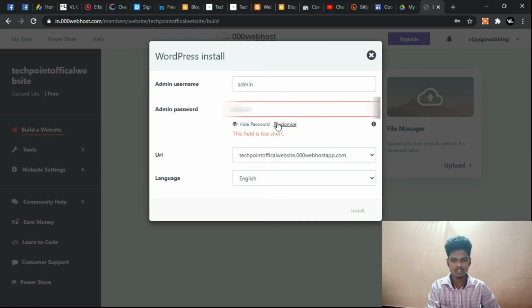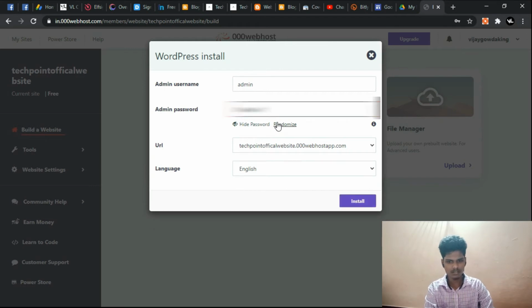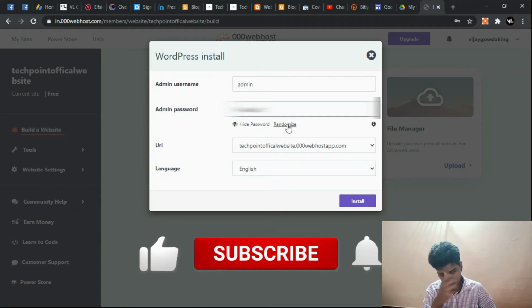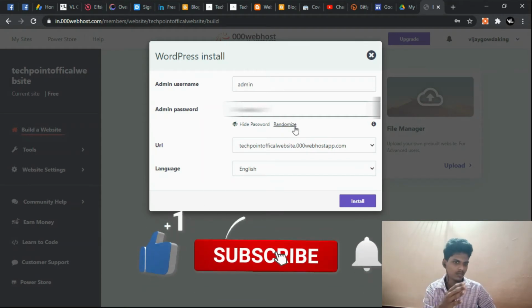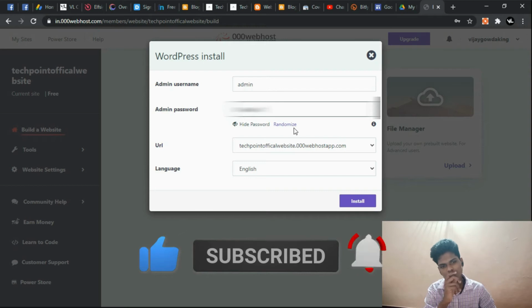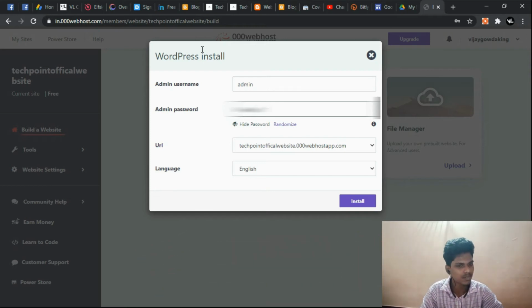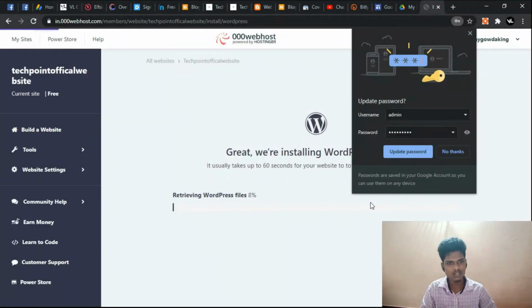It's not accepting the password. I'm going to add symbols. I tried to create a password with letters and numbers, but it's telling me to add symbols and Latin characters. I added symbols, letters, numbers and Latin characters. So just mix up your password, or you can go to a website that creates a random password, and copy and paste it over here. Now after creating, click on install.